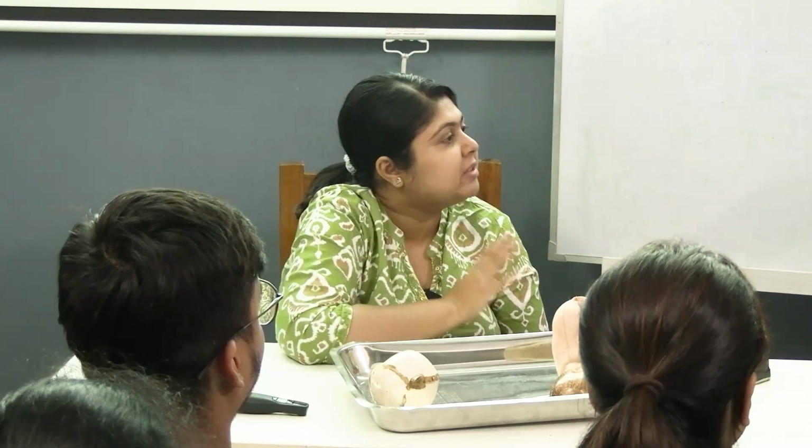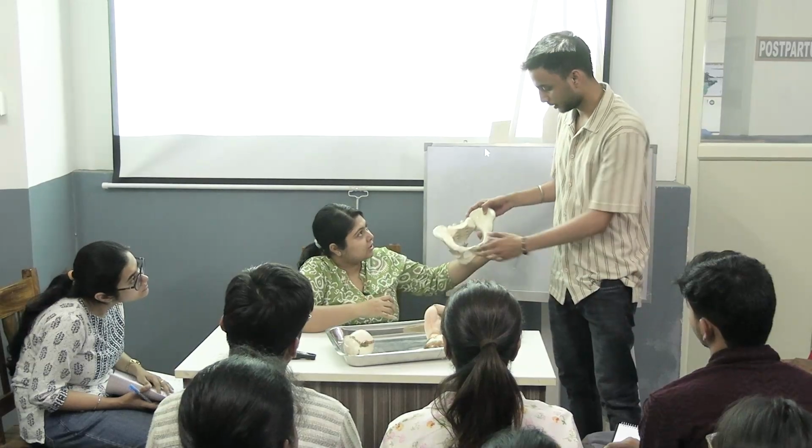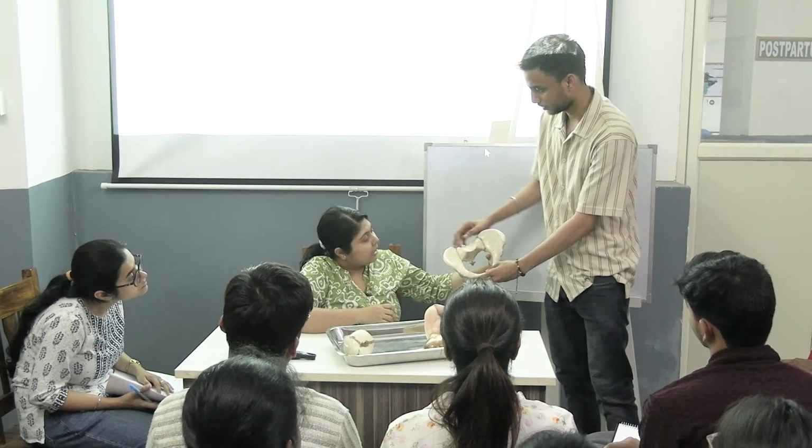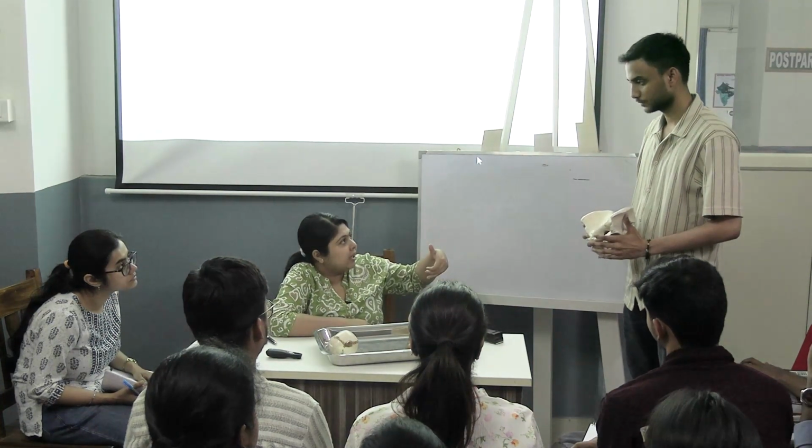Everybody should listen how to hold the pelvis in anatomical position first. How will you decide the angle of inclination? So whenever you are holding the pelvis, how will you decide the angle of inclination? We'll hold the pelvis like this and touch it to the horizontal, and then this will be the angle of inclination. Yeah, but how will you decide this is in the same plane? You have to touch it to a vertical structure and then pull it so that the angle of inclination is the spine. So if you hold it in the air, you won't be able to get the angle of inclination. So you have to touch it to a vertical surface and get the angle of inclination so that these two things are in the same plane. And then